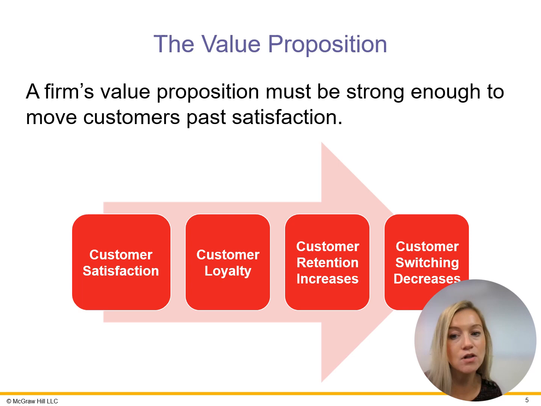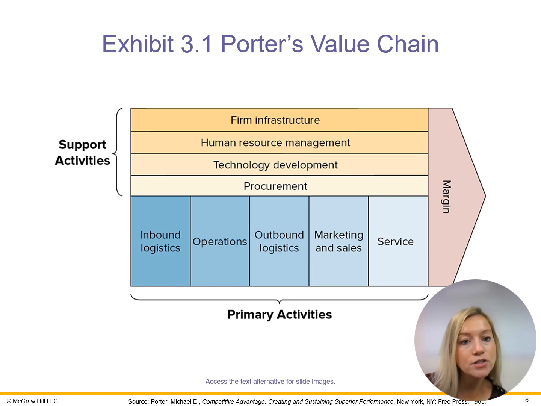If a competitor comes along with a better value proposition, or if a value proposition begins to slip or is not effectively communicated, customers who are presently satisfied become good candidates for switching to another company's products. Basically, the value chain concept holds that every organization represents a synthesis of activities involved in designing, producing, marketing, delivering, and supporting its products. The value chain identifies nine relevant strategic activities the organization can engage in that create impact on both sides of the value equation, both the benefits and the costs.